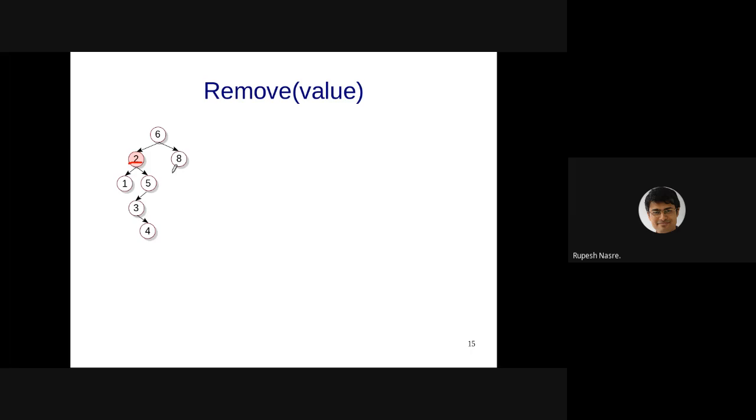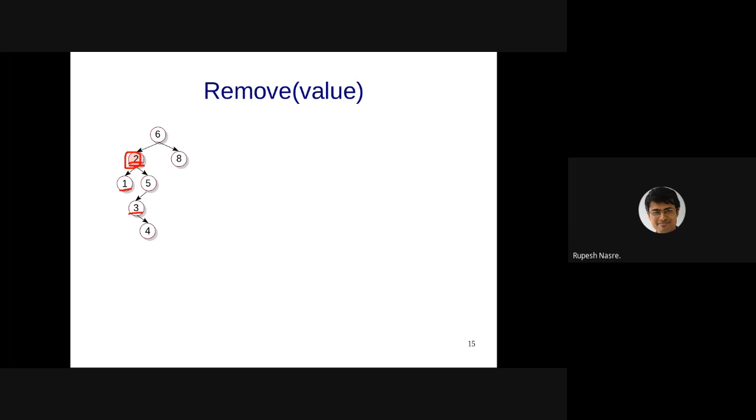I'll get you started. So what we need to do is to replace this 2 with a simpler case. Which means that we have to choose either the largest in the left subtree or the smallest in the right subtree. And if you replace this 2 with that, then you don't violate the BST property. Please check that. So if I put 3 here or 1 here, it doesn't violate the BST property.